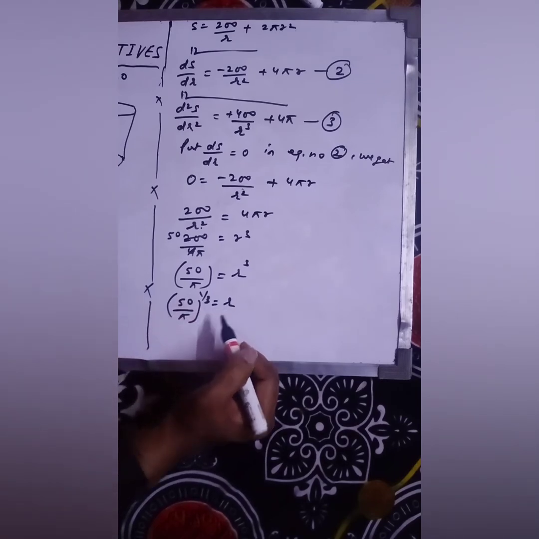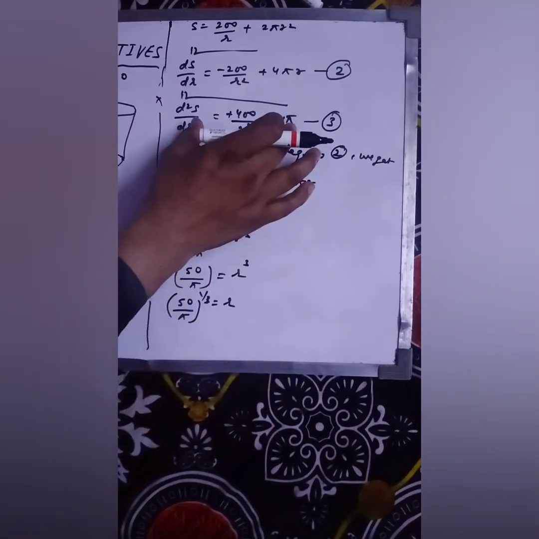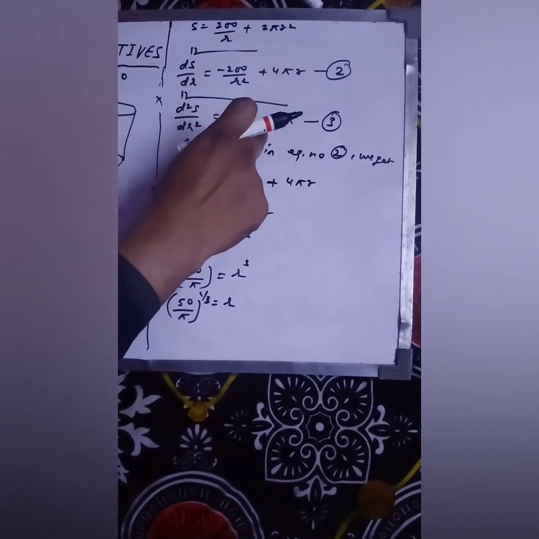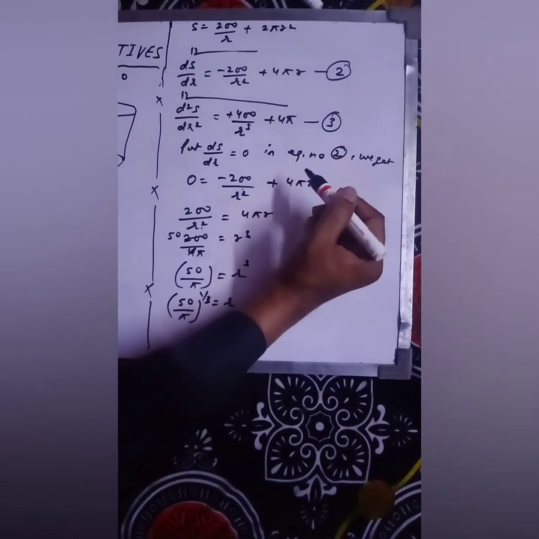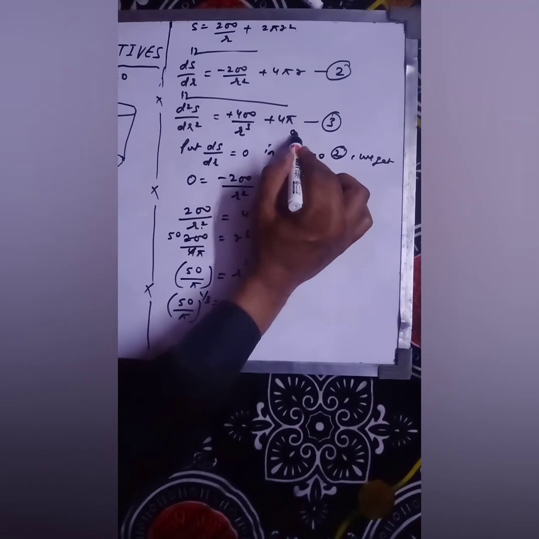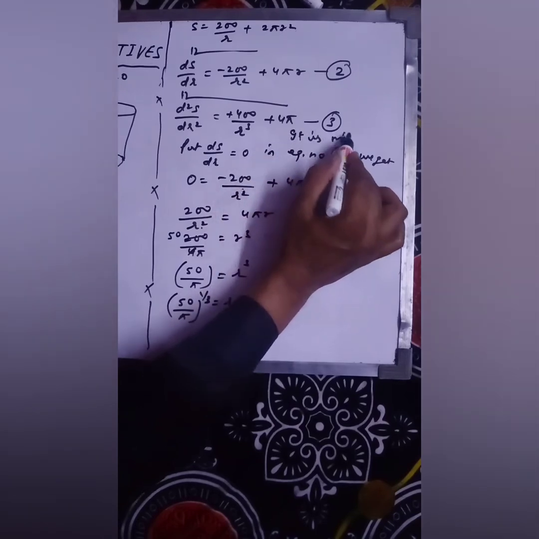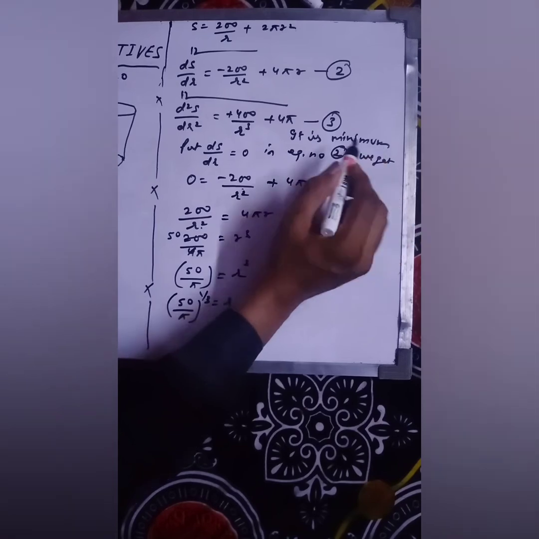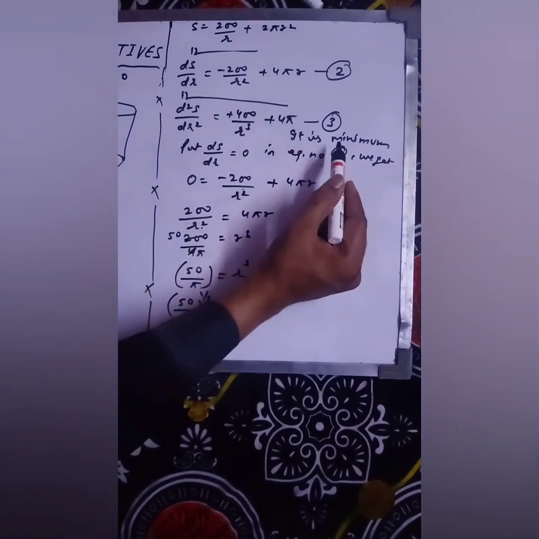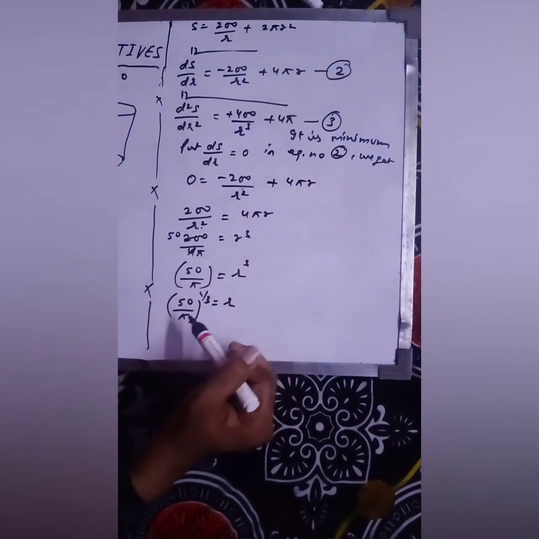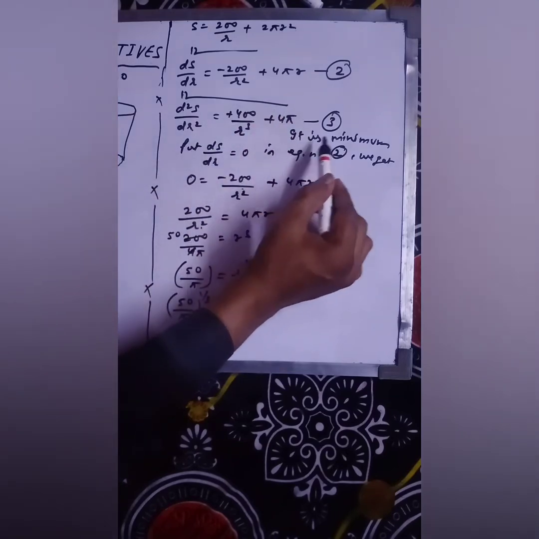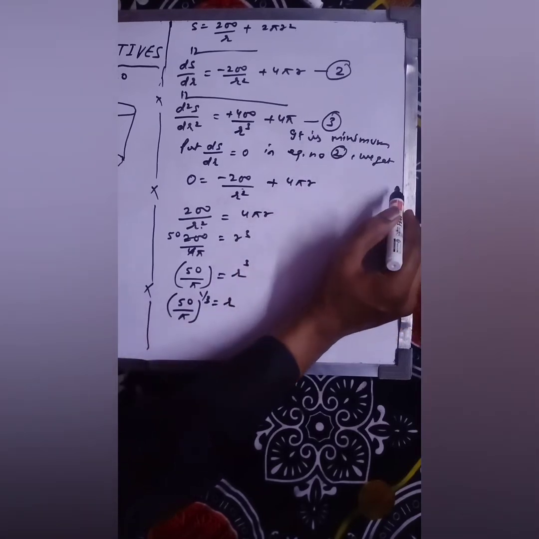Fine. So when you put this value of r in this equation, this value will remain positive. Your double derivative will remain positive. So from this you can conclude that it is minimum, because it is coming positive. When you put this value of r here, you have to show it. I'm not showing it here, but you have to show it. When you put the value of r in the double derivative, this value will be positive. So that means it is minimum. You have to write this.